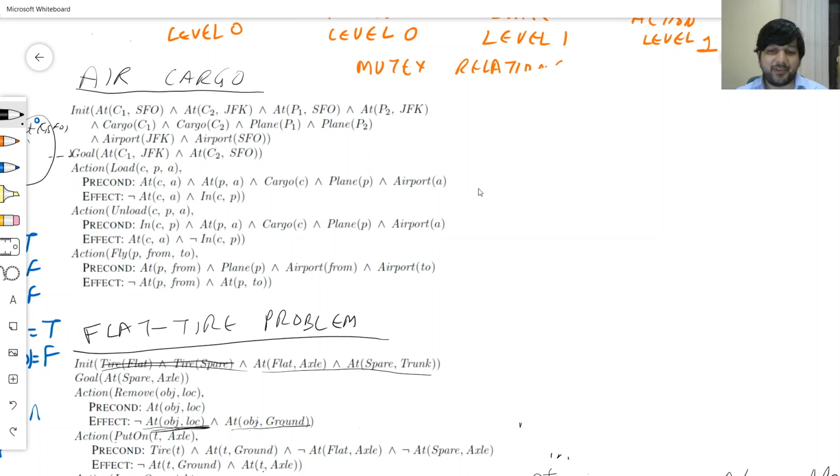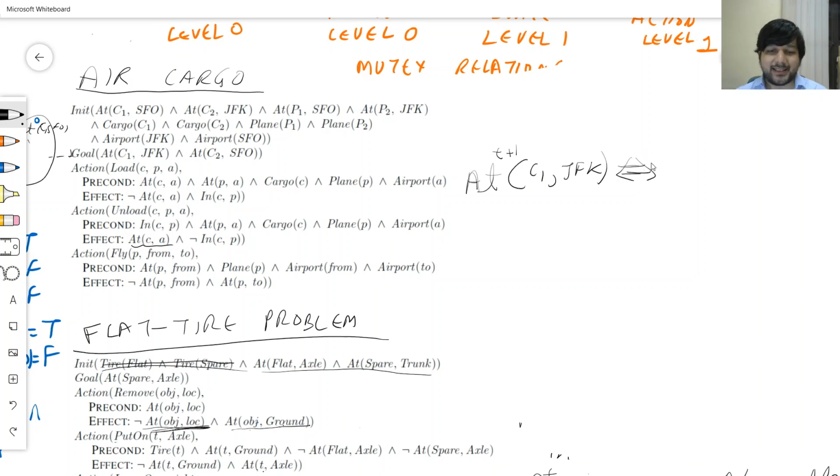So let's say the random variable that I take is right over here: at c1 comma jfk. So at c1 comma jfk will remain to be true